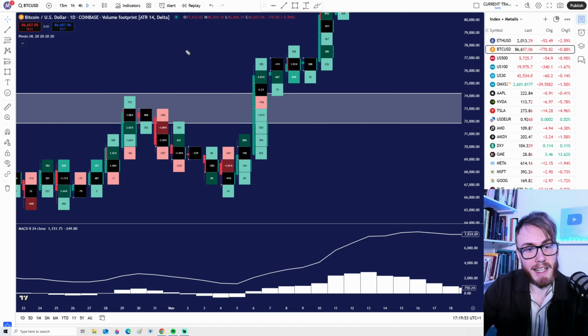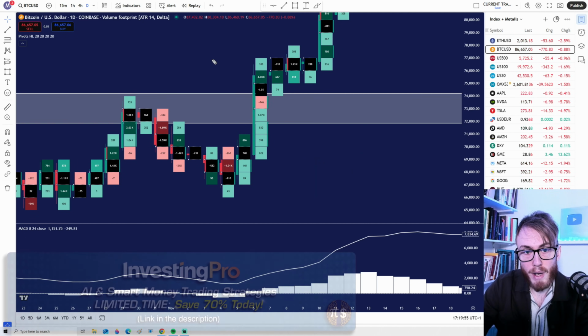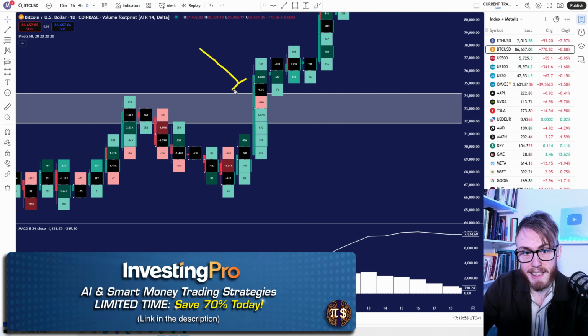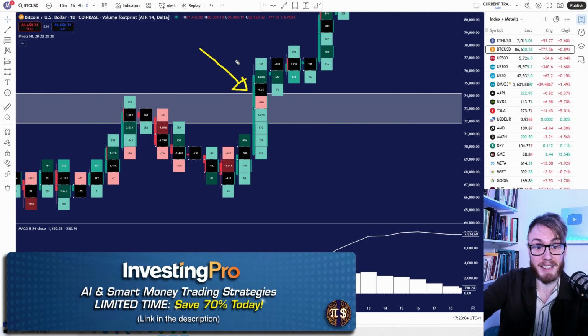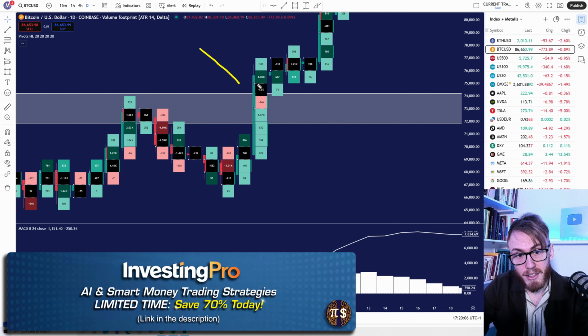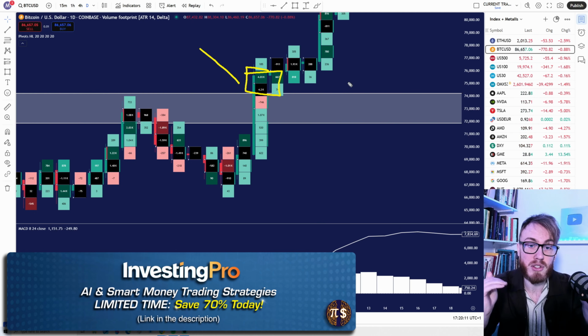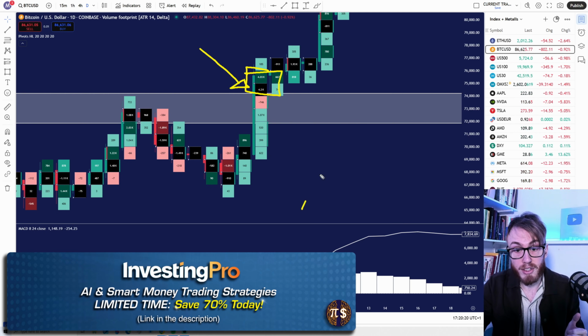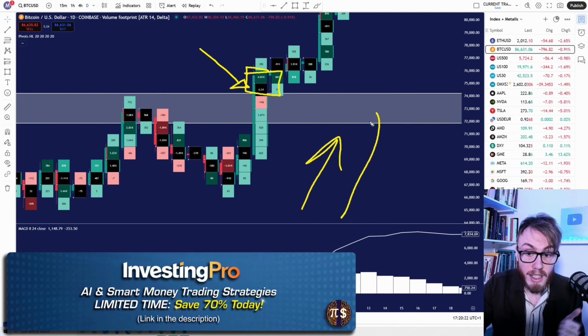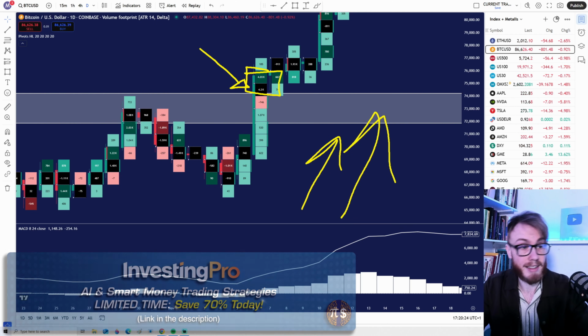But what you can see here, this is a perfect example. You can see that when Bitcoin broke this key level we talked about earlier, and the level we found with the pivot point indicator, when you take a look at this break, you can see that once we broke this level, we saw a very, very strong increase in net buying volume. And that is a very good sign when it comes to breakouts. When you see a move towards the upside, you want to see lots of volume supporting the move, and that is exactly